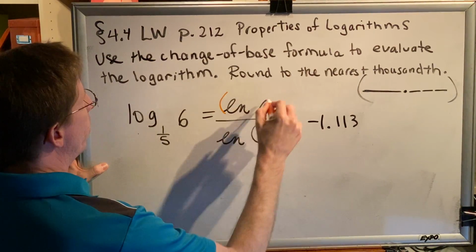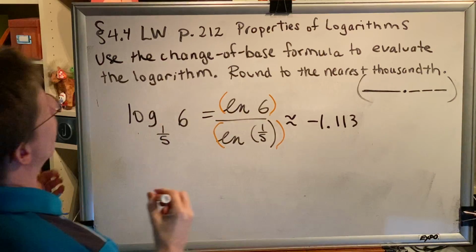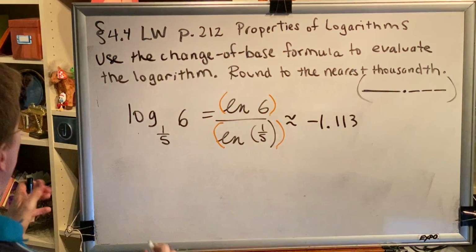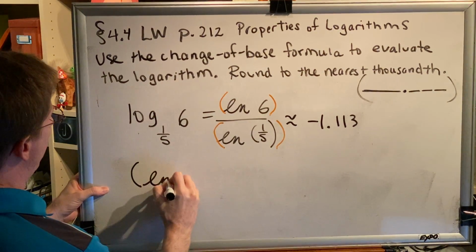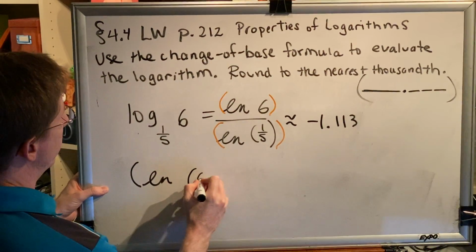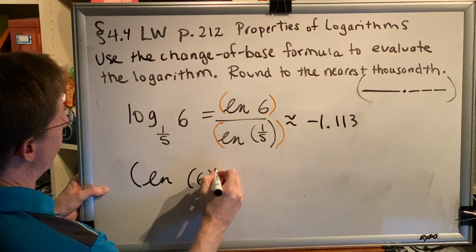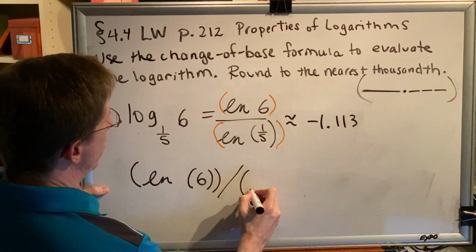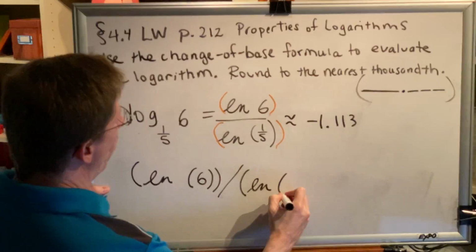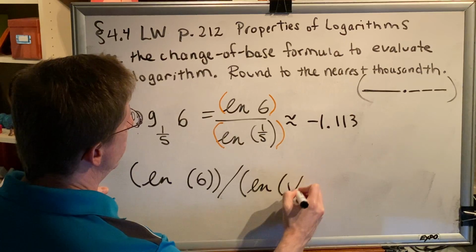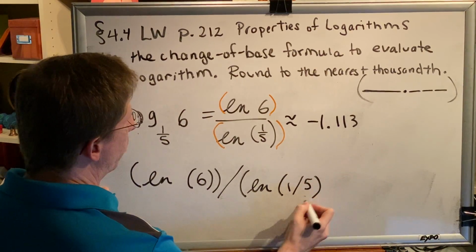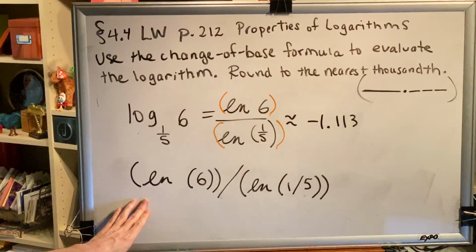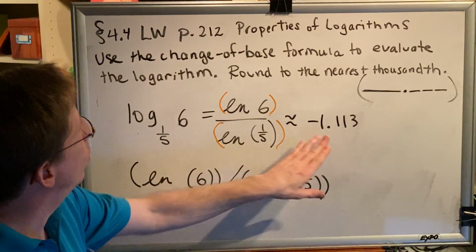Okay, how do you enter this in a non-multi-view calculator? The entire numerator in parentheses, the entire denominator in parentheses, and the division bar in between. So we're going to have parenthesis for the numerator, natural log. Parenthesis for the argument, 6, close parenthesis for the argument, close parenthesis for the numerator, divide. Open parenthesis for the denominator, natural log, open parenthesis for the argument, 1 divided by 5. Close parenthesis on the argument, close parenthesis on the denominator. Enter this into your non-multi-view calculator and you'll get the same value,